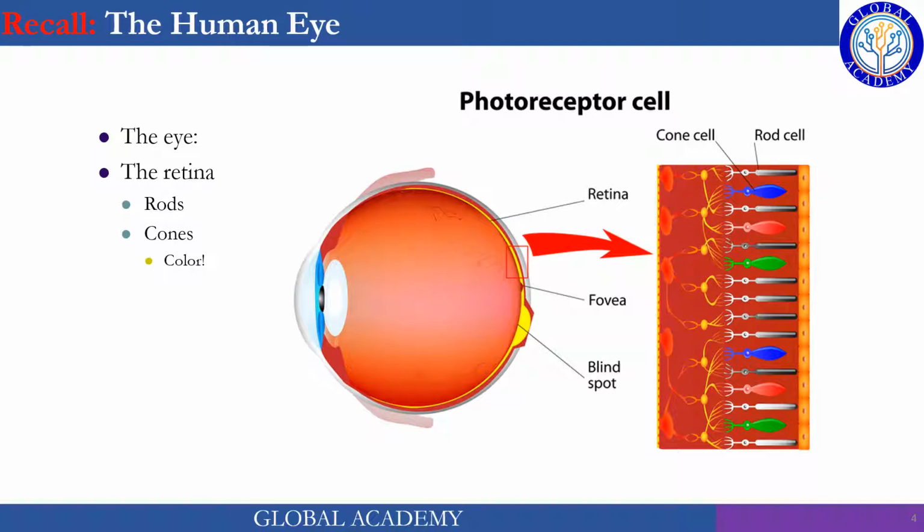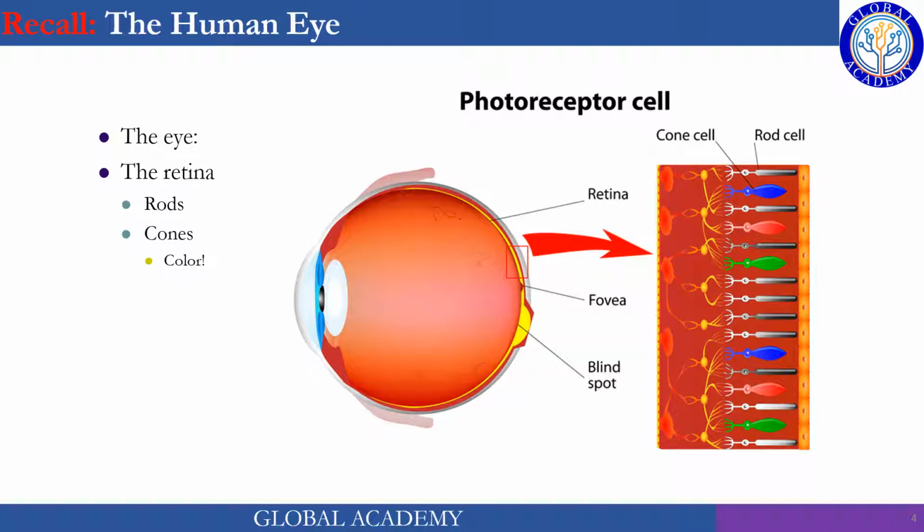Okay, how the human eye perceives color. Though we are not interested in the detailed anatomy of the human eye, here are just a few slides on how a color is perceived. So the main part is the retina. The back side of the eye plays an important role in color sensing, where photoreceptor cells are placed, and this is called the retina. A part of the retina is zoomed and displayed over here.